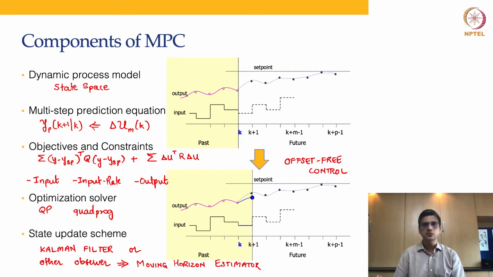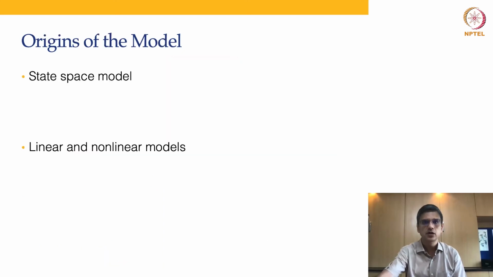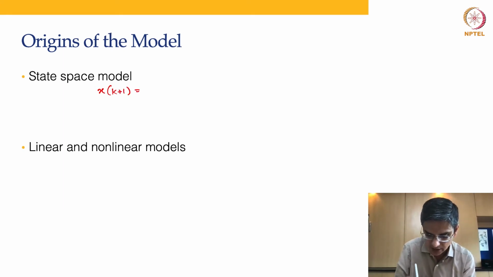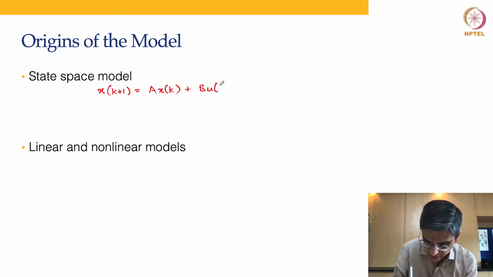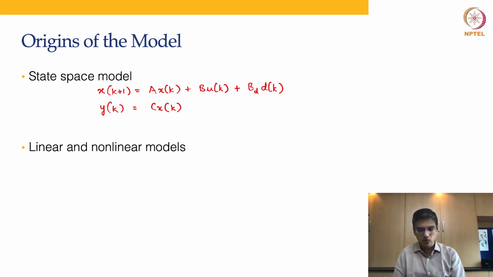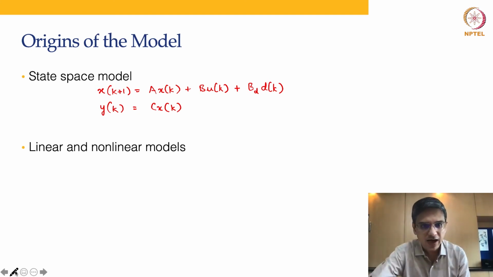Okay, these are the various components of an MPC algorithm. So let's pick up the components one by one. Let's talk about the state space model. We have spoken about it multiple times. It is x(k+1) = A x(k) + B u(k) + B_d d(k), and y(k) = C x(k). Now, in addition to that, we are going to have